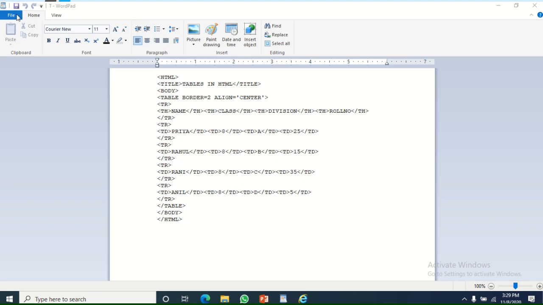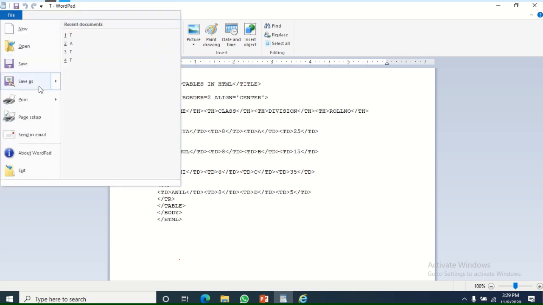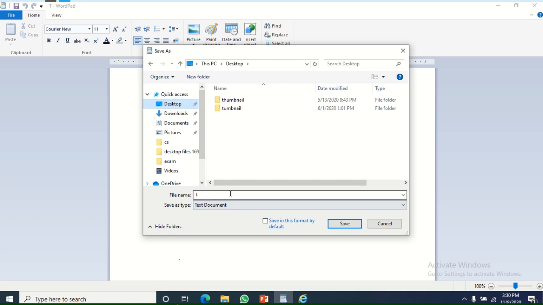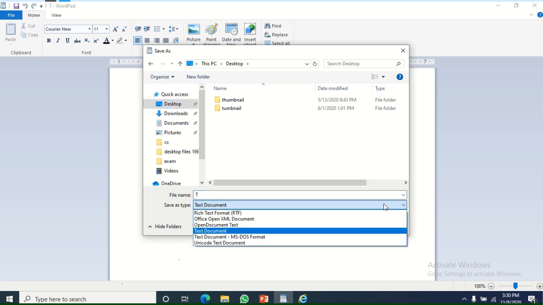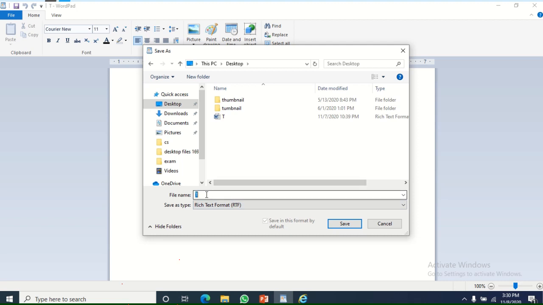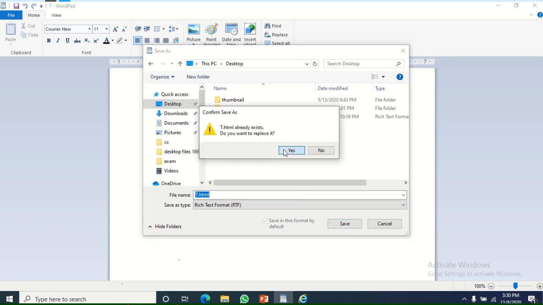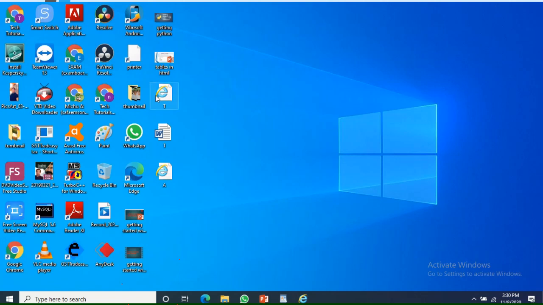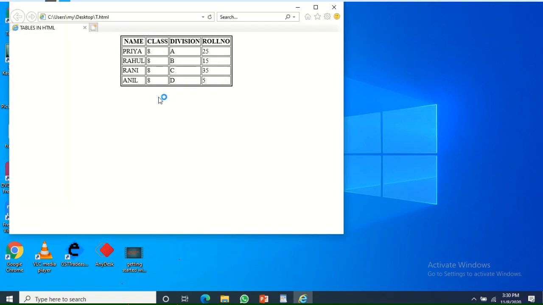So you can see here how it is working. So I have done the HTML table, the same thing.